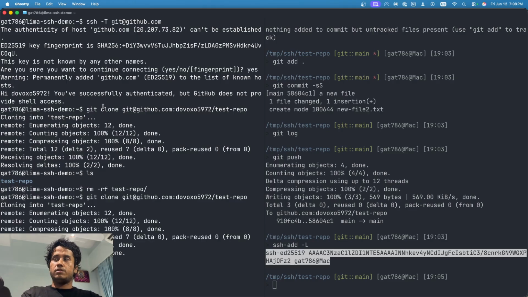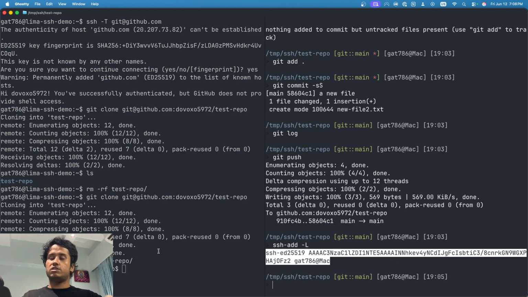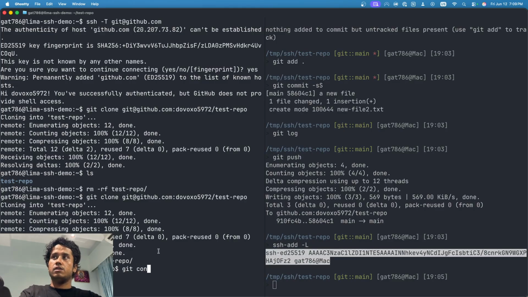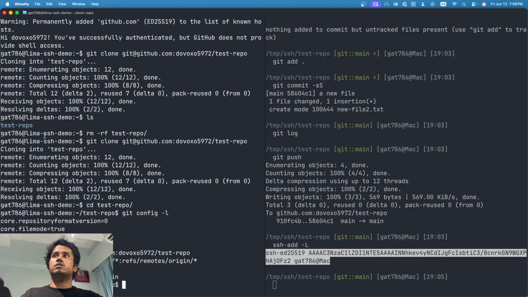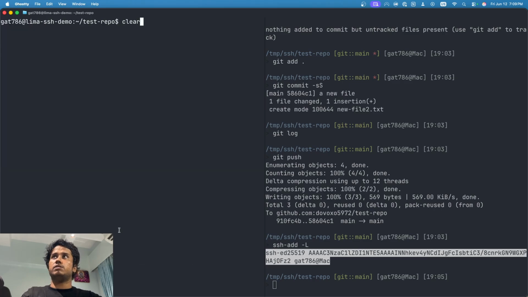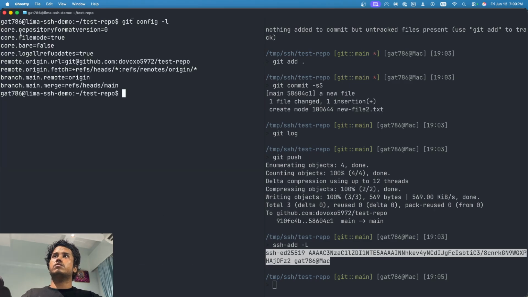That is different, because in our case the public key file was available on our machine, so we just pointed towards it. But here, if I do git config -l, you can see that the config over here is very small. It does not have anything. So if I have to config